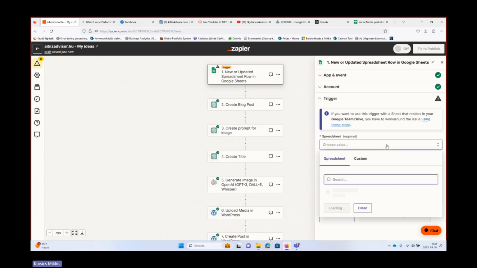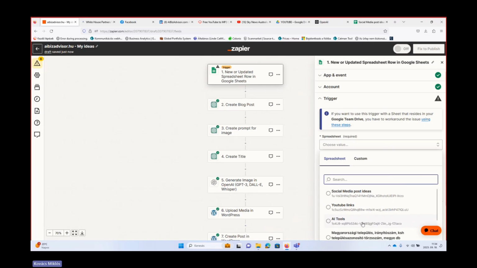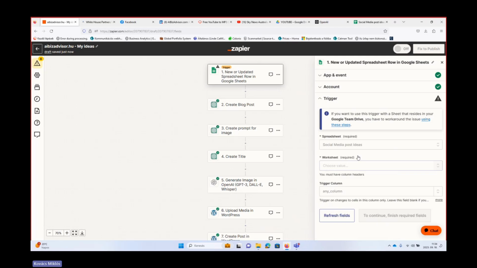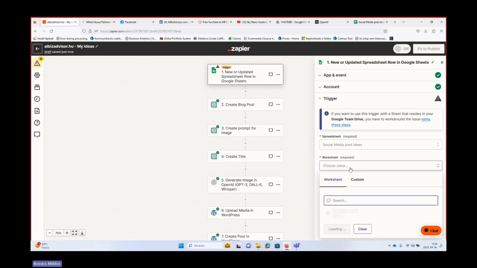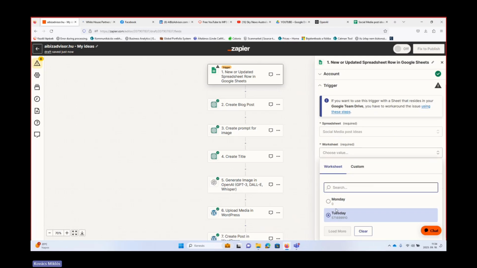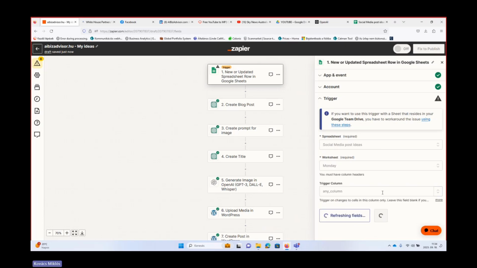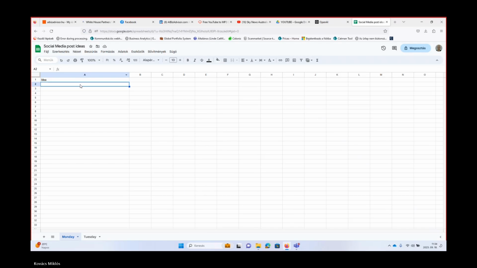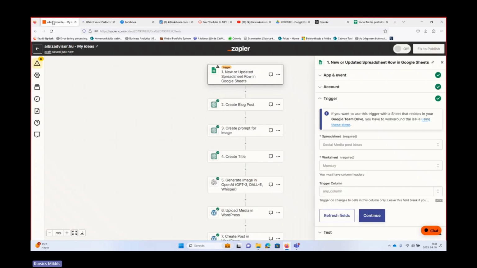I'm going to choose the spreadsheet. I already created a spreadsheet called social media post ideas. I'm going to choose one worksheet, Monday, and the column name is idea. Okay.